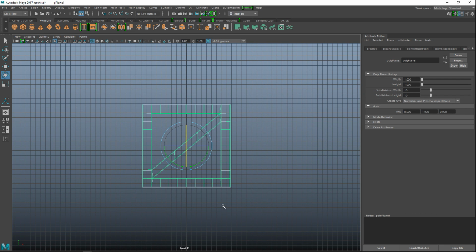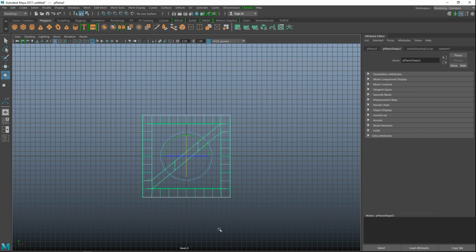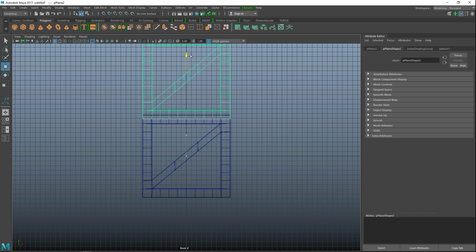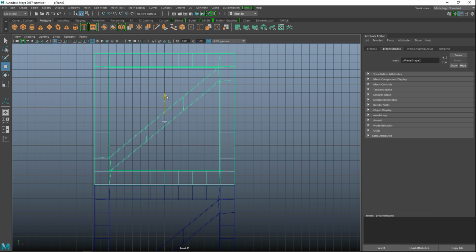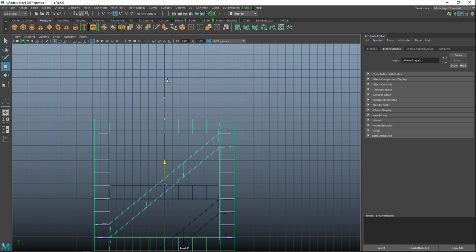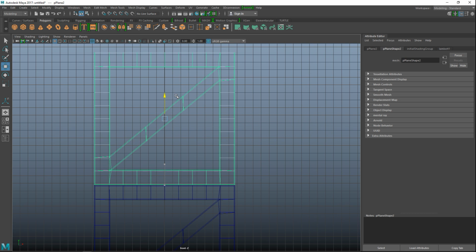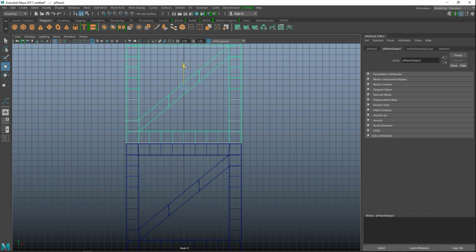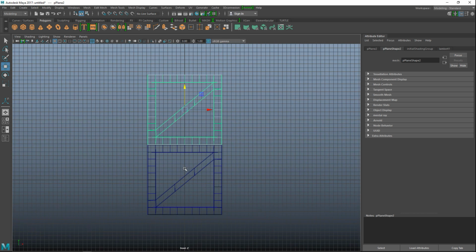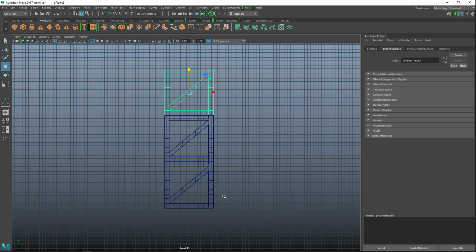So with this in mind, we're going to hit Control D to duplicate, W to move up, and as we do that we are going to snap it. Now it doesn't align perfectly with our grid here, so we'll just make sure we got it nice and snug fit here. It needs to come down a little bit. And we're good. Okay, so we're going to Shift D to repeat that, and Shift D to repeat that again.